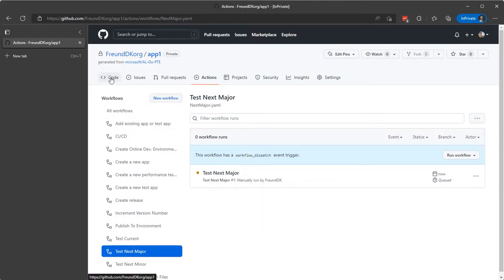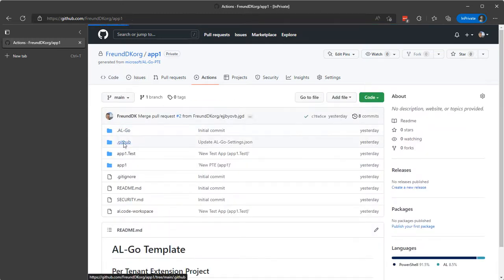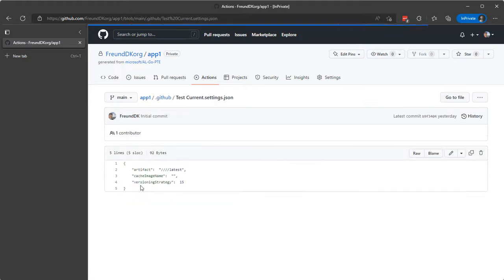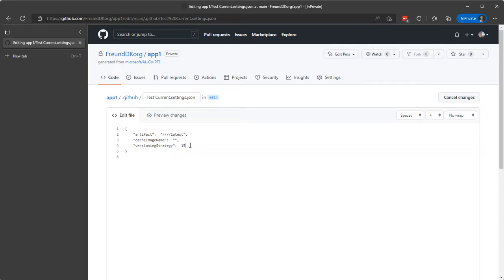Let's also test multi-country testing. So click Code and find your repository settings. They're here. What we want to do is actually only to run the additional country in the test current workflow. So we'll click the test current settings, which is, as we just heard about, the workflow specific repository settings for that one. So comma and additional countries